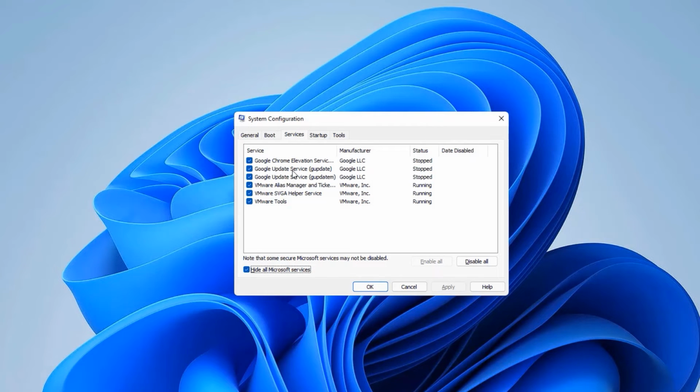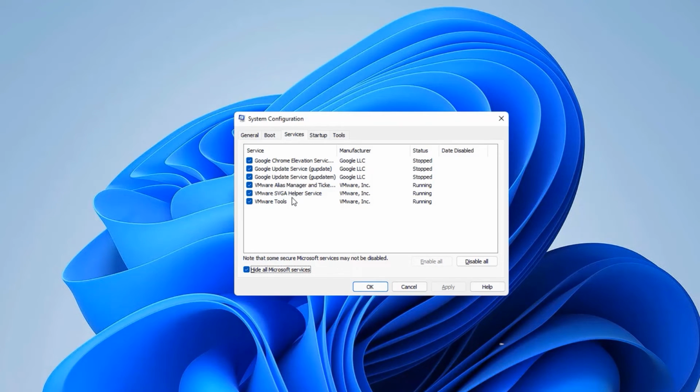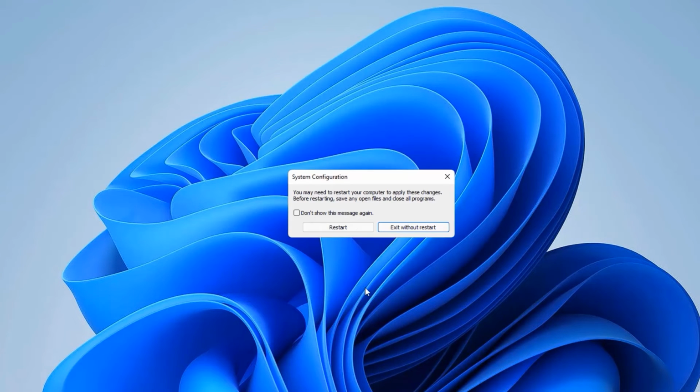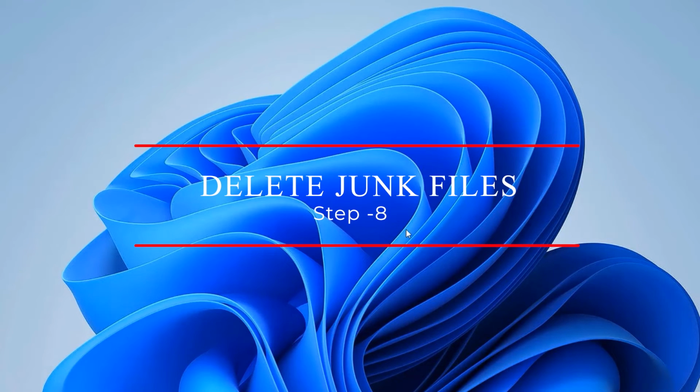Then you will find what services are running in the background in your system. If you have installed tens or hundreds of software programs in your system, they may run in the background. So we are going to disable them here. So in my case, I don't want to run these apps in my system background, so I'm going to disable them. You can keep those which are essentially needed to run in the background. So I am selecting the ones which are not required to run in the background. So once I have done, apply the changes and say OK. The system will ask you to restart your device to apply these changes permanently. So restart your device. So once you have restarted, then move to the 8th step, that is delete unnecessary data.